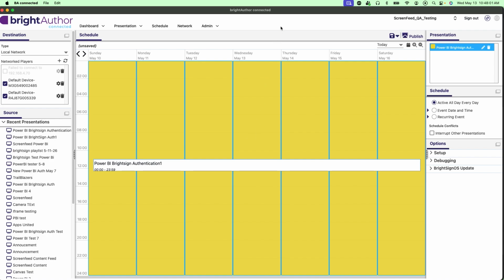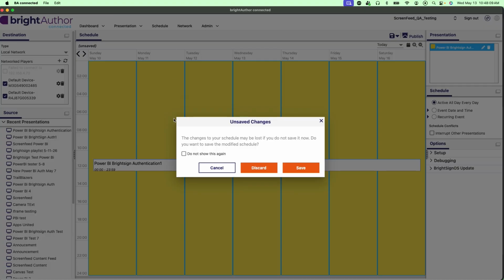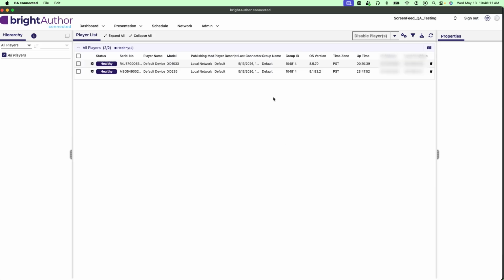If you're unsure about your BrightSign OS version and you're logged into a BSN account, click on Network. From here, at a glance, you can see the OS version, and you can update OS versions by clicking on the gear.